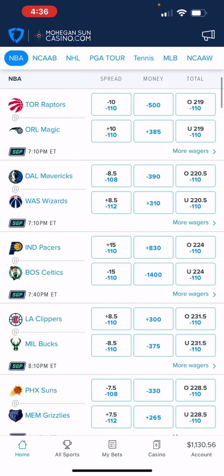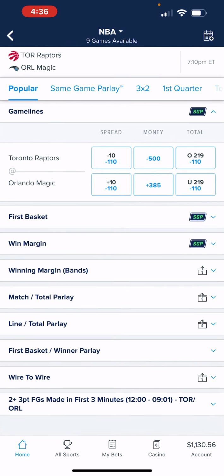We're going to hit this game first, the Toronto Raptors at the Orlando Magic. As I mentioned in the first couple of videos, the spread, the money line, the total, you can actually parlay those with some of the player parlays, which are part of same game parlays. Now, for this particular game, I don't see the player props here.